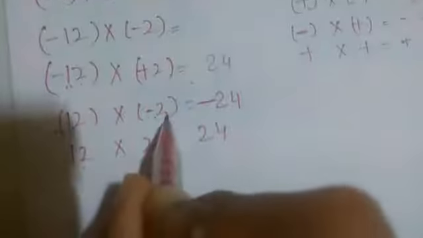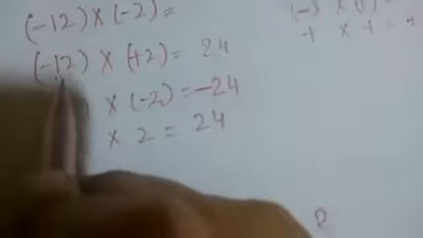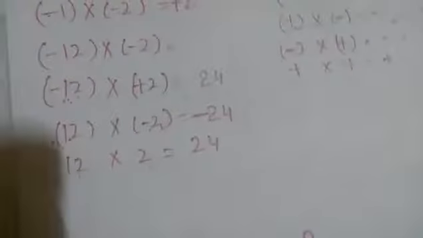Again here the question is the same. 12 twos are, answer is 24. But still here one integer is negative. The difference between these two questions is, here the negative sign is with 2 and here the negative sign is with 12. No problem. You just have to see that here one integer is with a positive sign, one integer is with a negative sign, and we know this thing, plus minus is equal to minus. So that means my answer is also negative. Now see, 12 twos are again 24, but here both integers are with a negative sign, so that means my answer is positive.